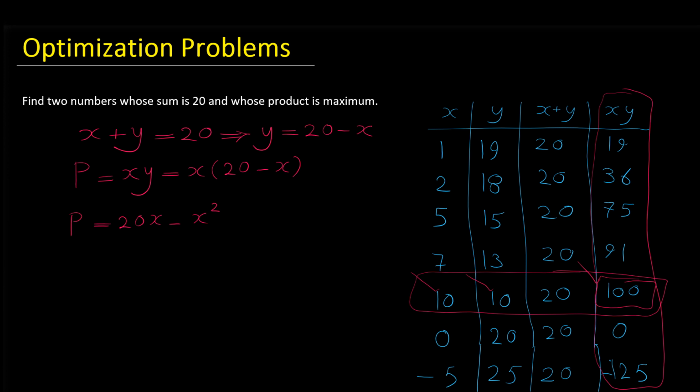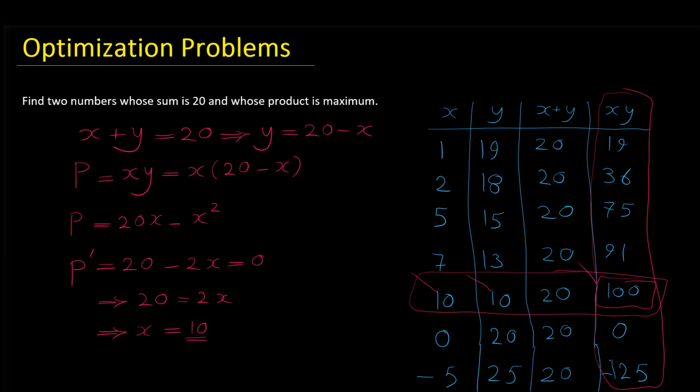Now we can use the derivative for finding critical points. Derivative of 20x is 20 and derivative of x squared is 2x. If we set the derivative equal to 0 for finding critical points, from this equation 20 equals 2x, we get x equals 10. So one of the numbers that we are looking for is 10,